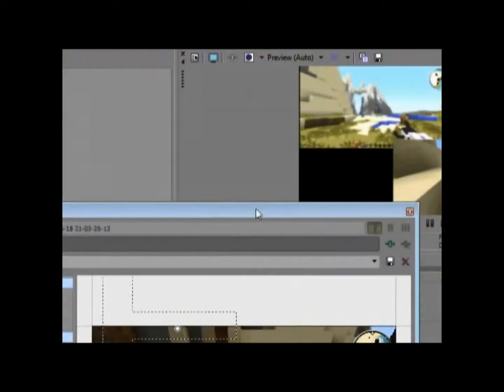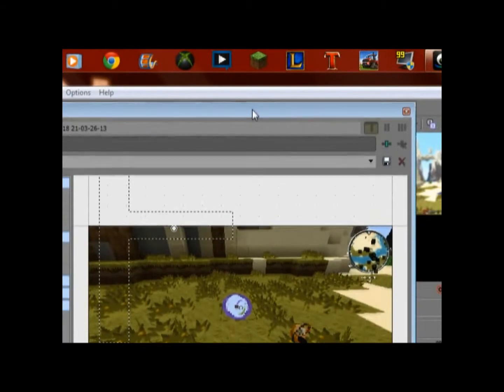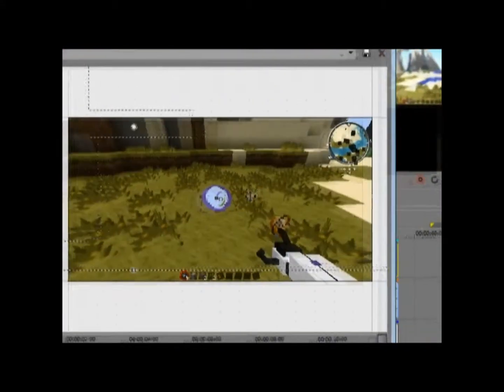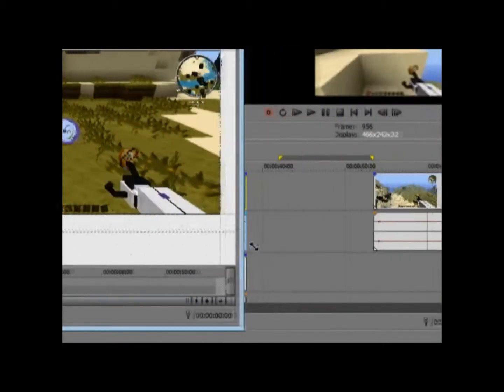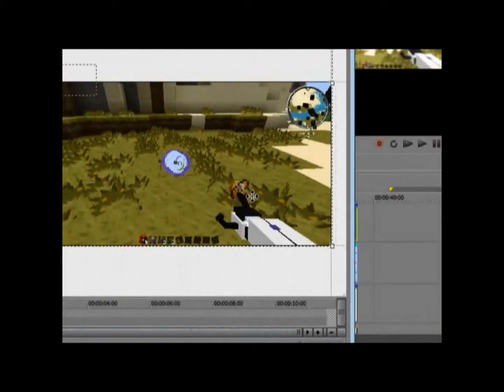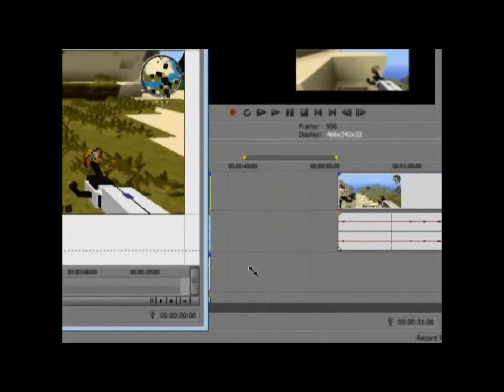See how it's behind there? Just make sure you move it. It's a pain in the butt to get it back out from where it's been. So just make sure it's in front of your screen and it's all good. So same thing, put it corner to corner. Make it bigger, smaller, make it smaller to fit the same screen